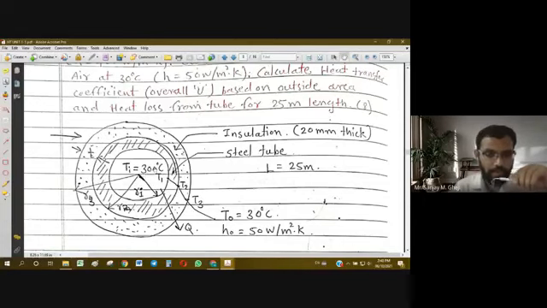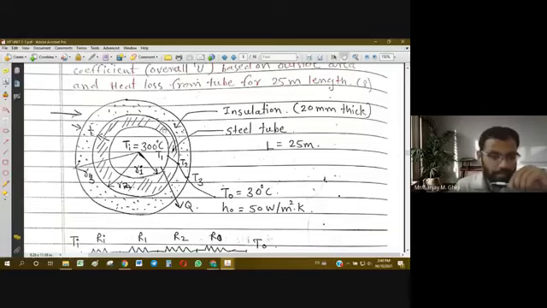Why will heat loss happen? Because the tube is carrying the gas at a very high temperature, 300 degrees Celsius, and the tube is exposed on the outside to ambient air, which is at 30 degrees Celsius. So 300 minus 30, about 270 degrees Celsius temperature difference is there. So heat loss will occur across the tube thickness by conduction, and that has to be minimized. That is why insulation is provided. Even though we provide insulation, some minimum heat will always be lost. Some heat transfer is going to take place anyway.